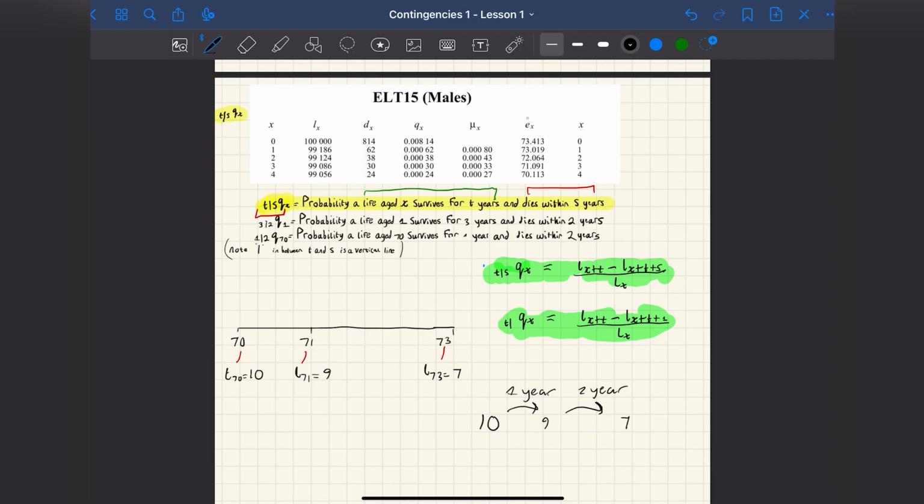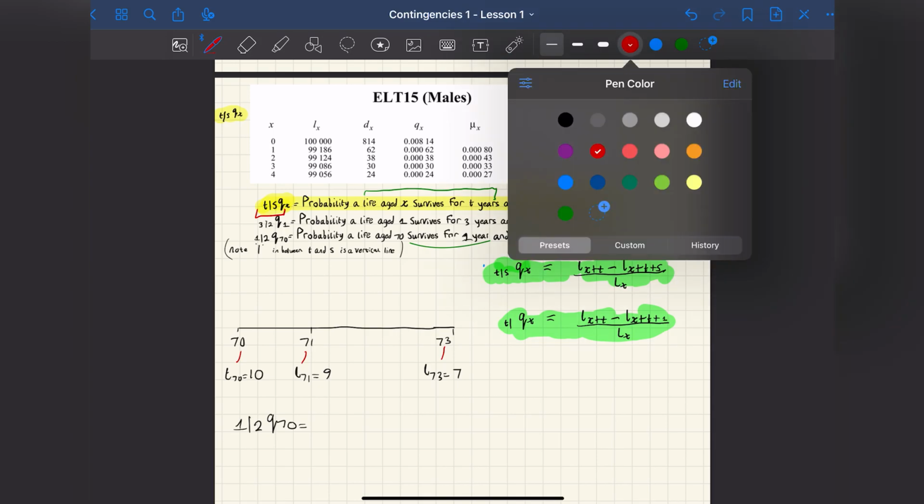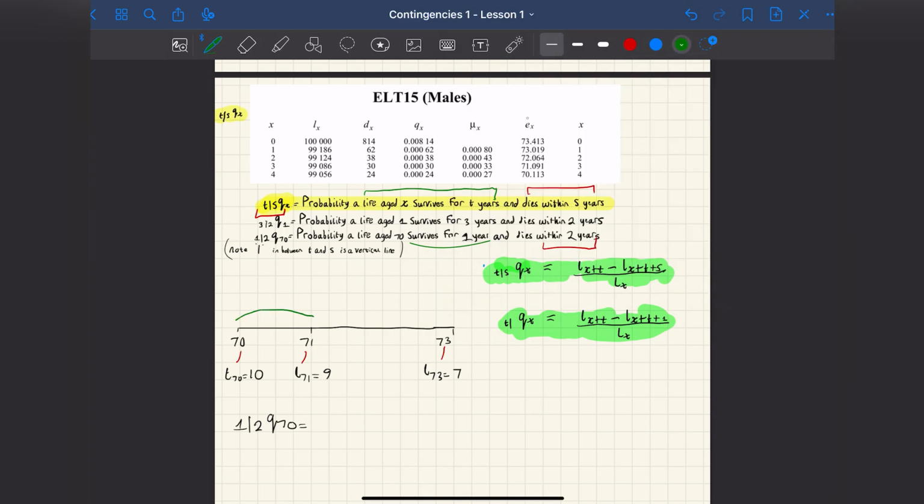So the question is, what is the probability that a life age 70 survives for 1 year and dies within 2 years? The key thing when we do these questions is we need to split this statement in two. We have the probability a life age 70 survives for 1 year, and dies within 2 years. If I add the green colour here, they survive to this point and then they die within this point,